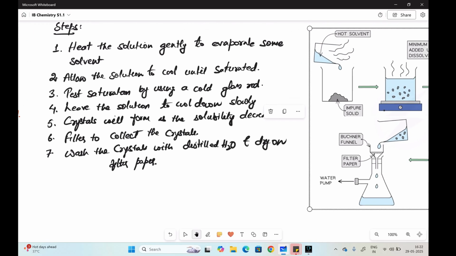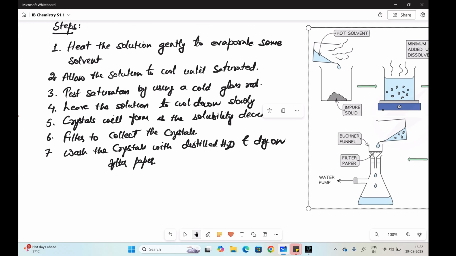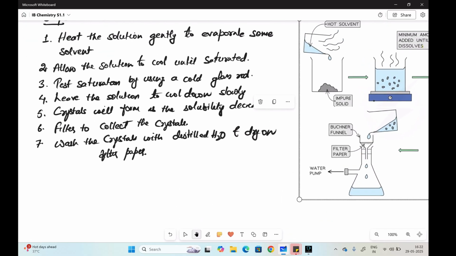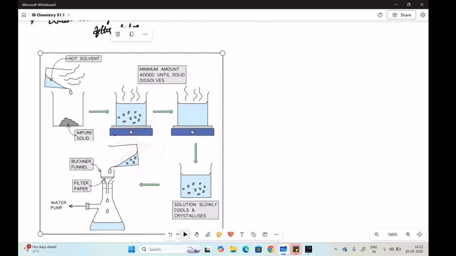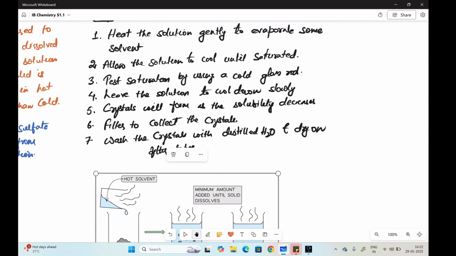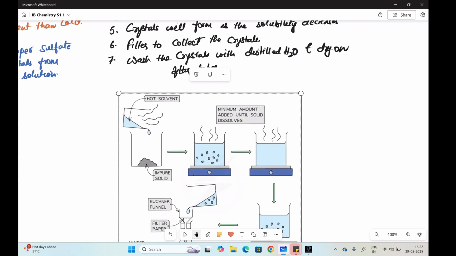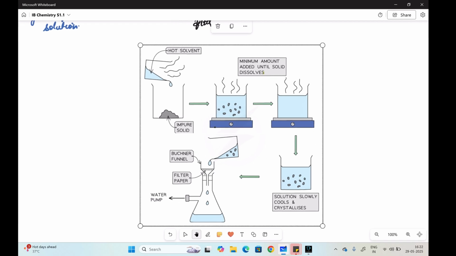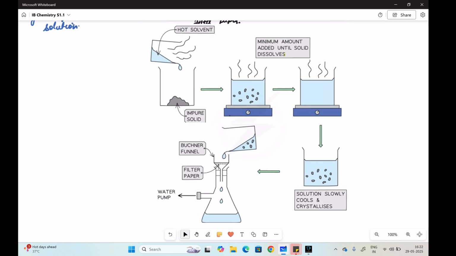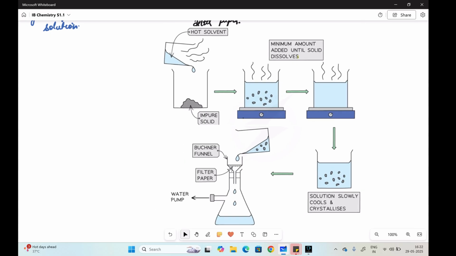Let me bring it down so that we can see our images together. Yeah, now this is fine. So this is the image. So what we are seeing here,